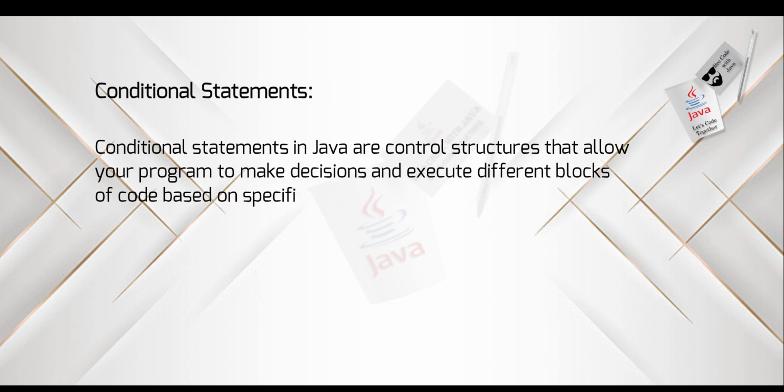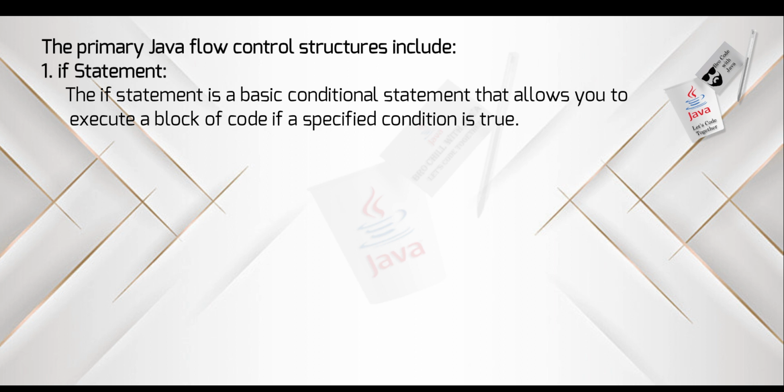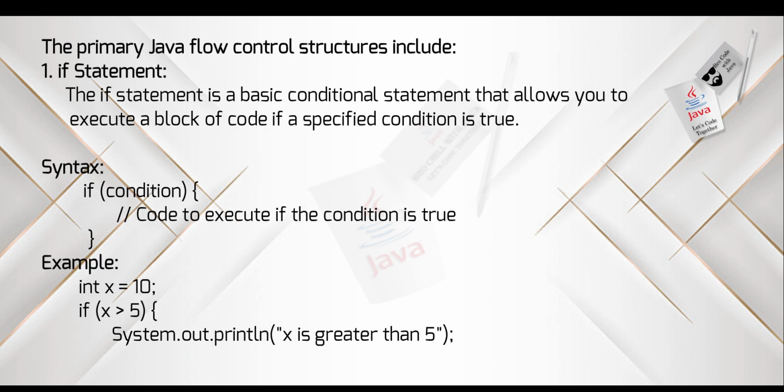Conditional statements. Conditional statements in Java are control structures that allow your program to make decisions and execute different blocks of code based on specified conditions. They enable your program to take different paths depending on whether a certain condition is true or false. The primary conditional statements in Java are: